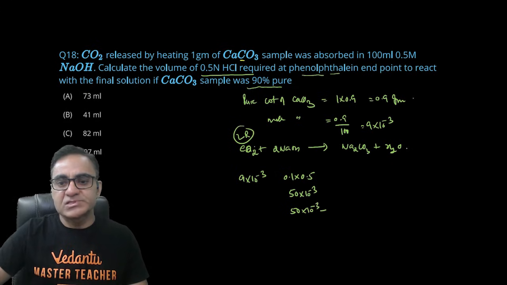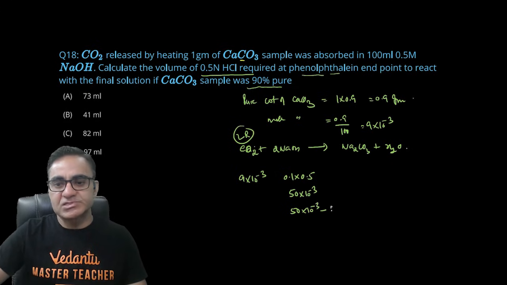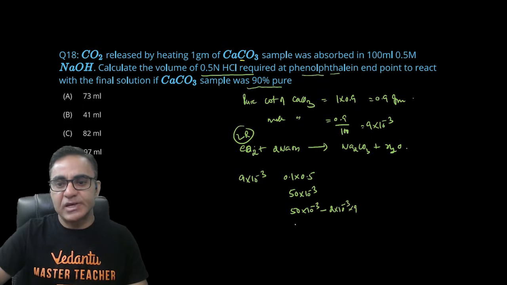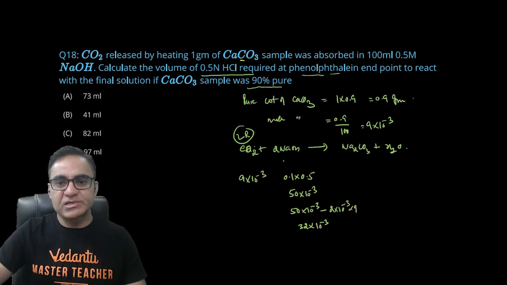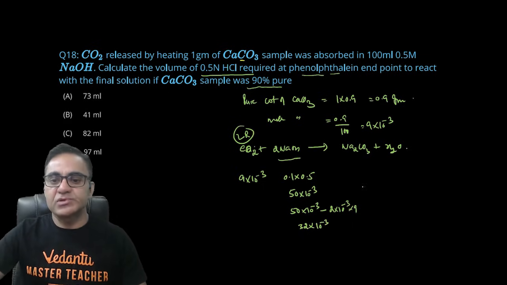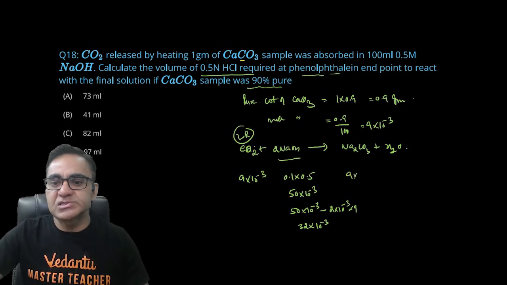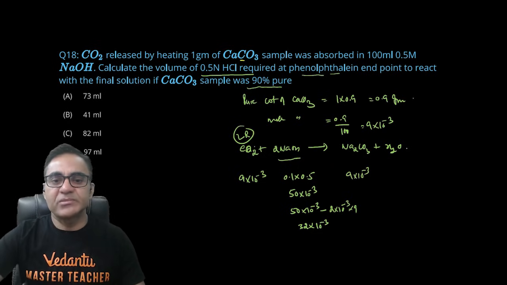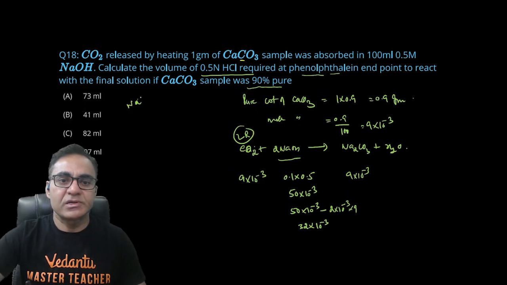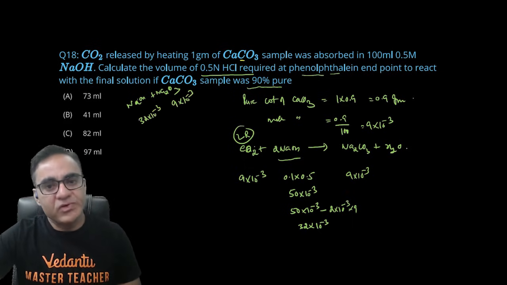तो ये बचेगा 50 इंटू 10⁻³ माइनस जितना CO2 जाएगा उसका ट्वाइस NaOH जाएगा, 2 इंटू 9 इंटू 10⁻³, तो ये 18, 50 माइनस 18 इज 32 इंटू 10⁻³, दिस मच NaOH इज लेफ्ट एंड Na2CO3 कितना बन जाएगा, जितना CO2 रिएक्ट करेगा, दैट इज 9 इंटू 10⁻³। नाउ फाइनल मिक्सचर कंटेन NaOH एंड Na2CO3, इसका मोल दिया है 32 इंटू 10⁻³, इसका है 9 इंटू 10⁻³,